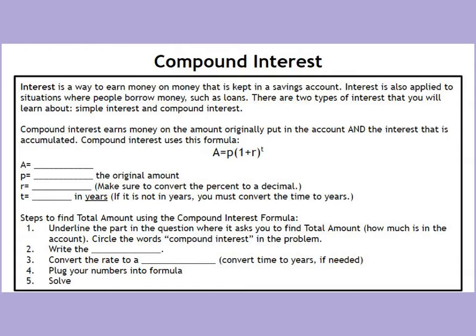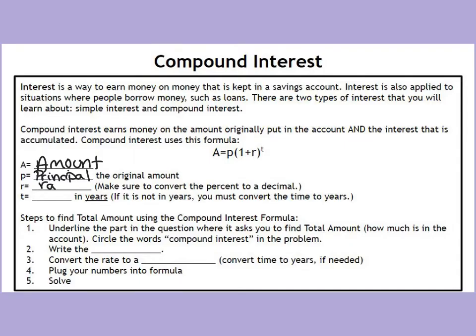Compound interest uses this formula: A equals P, open parentheses, 1 plus R, close parentheses, to the T power. In the formula, A stands for amount, P stands for principal, or the original money,